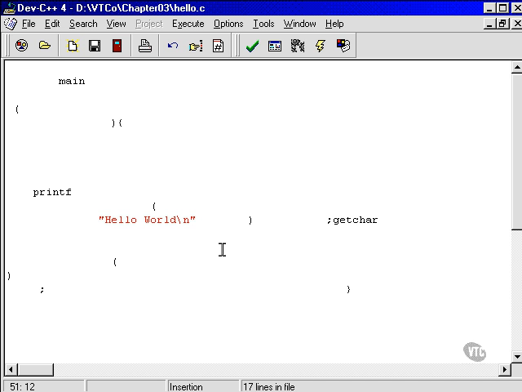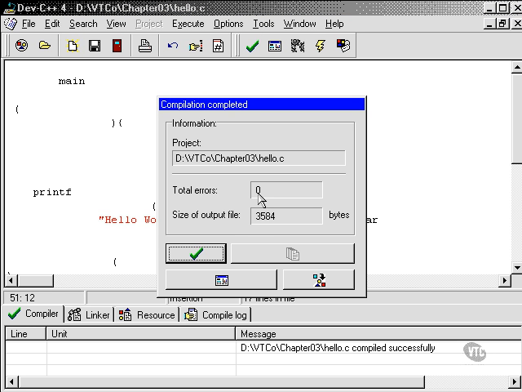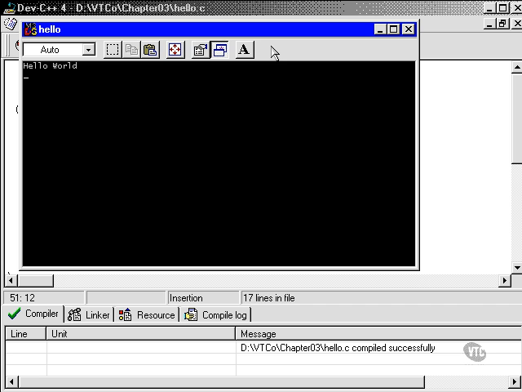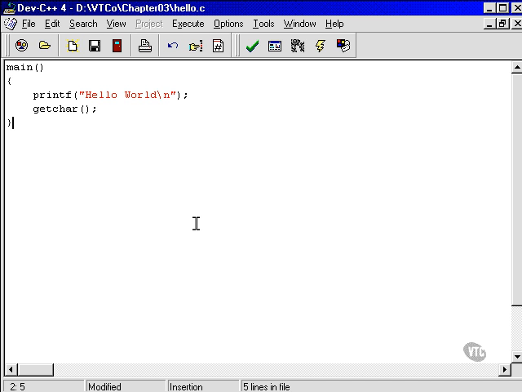Let's have a look and see if that compiles. Compiles perfectly. Total error is 0, just as before. It runs perfectly as well. I'll now just put the program back to the way it was originally, and here we are back at square one. So, I've obviously put some whitespace into this particular program,